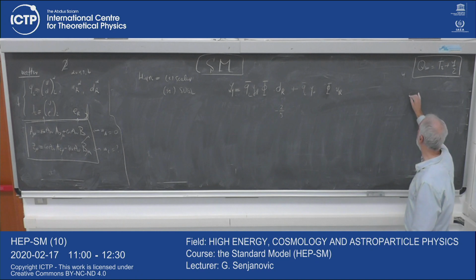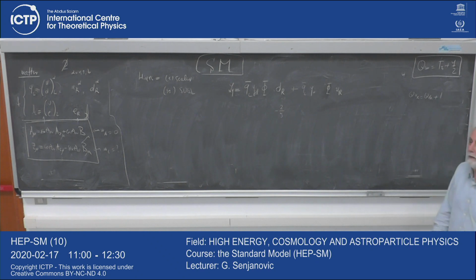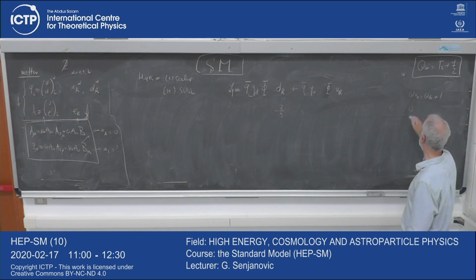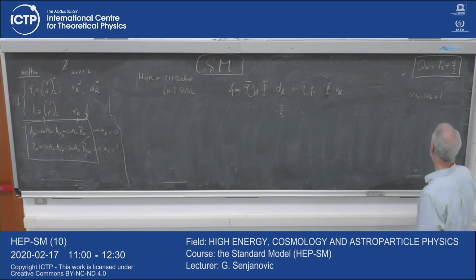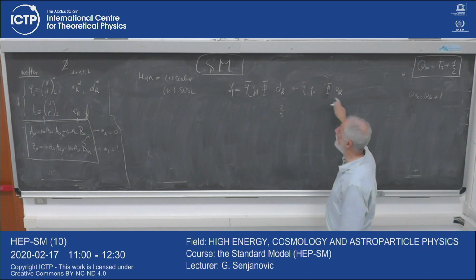I know that the charge of uR is the charge of dR plus 1. This I know. Right? Proton has neutron charge plus 1. That's enough for me to know that if this is true, this cannot be true. There is a difference of a